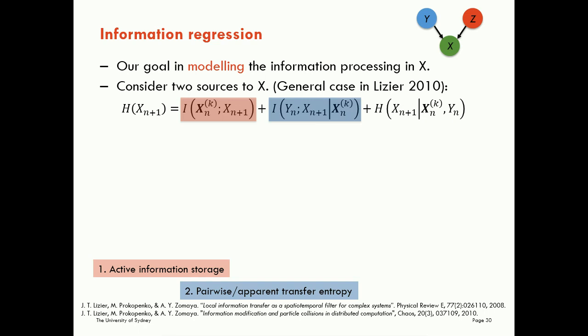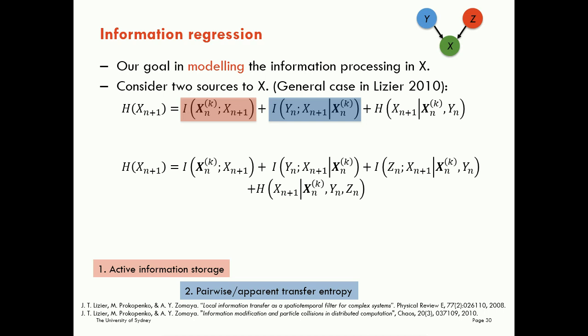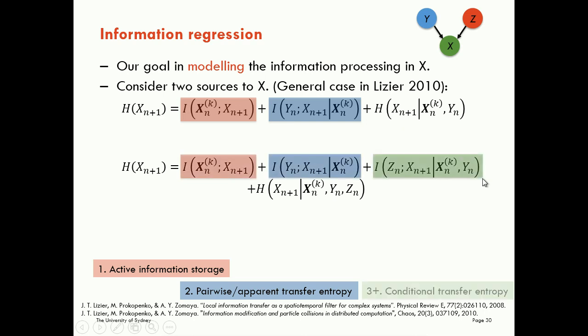Having done that, we can then take another step and split out that remaining uncertainty in the target into a conditional transfer entropy from Z to the target given Y, as a third step in our regression. That then leaves us with a remaining uncertainty in the target given the target past and our two sources. Okay, so we can now see how the conditional transfer entropy starts to fit in with the pairwise transfer entropy and the